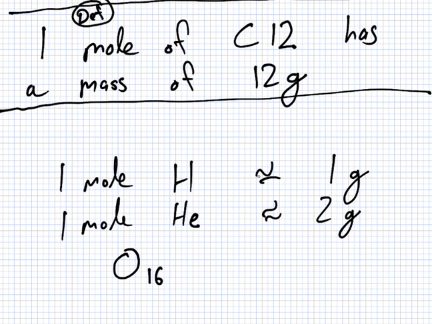Take out your periodic table. 16 is the value. So how many protons in oxygen? 8, you're right. Sorry, this one here was 1, 1, and here 2, 2. I know there's neutrons, but just for the moment I didn't put in any neutrons. So here, 1 mole of oxygen 16 is roughly